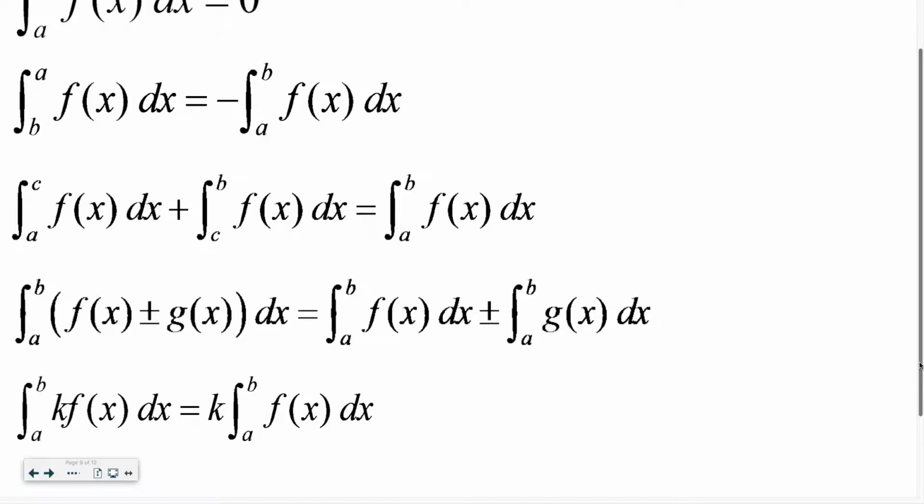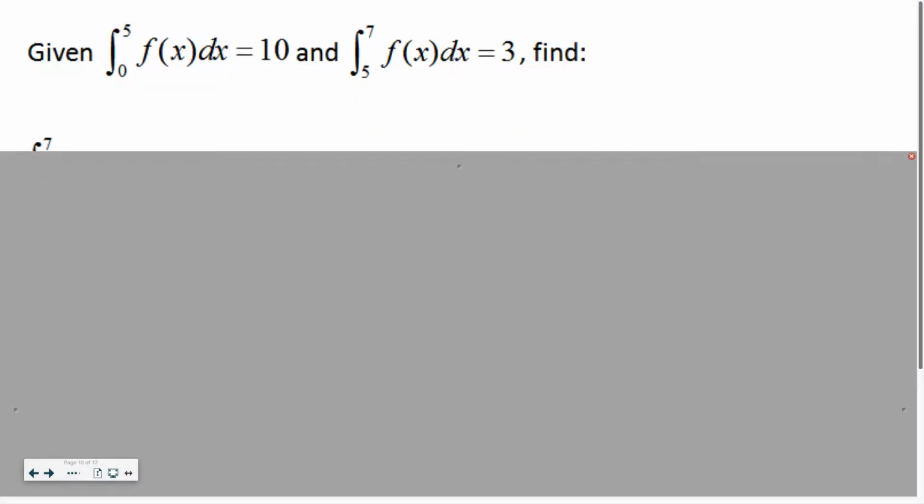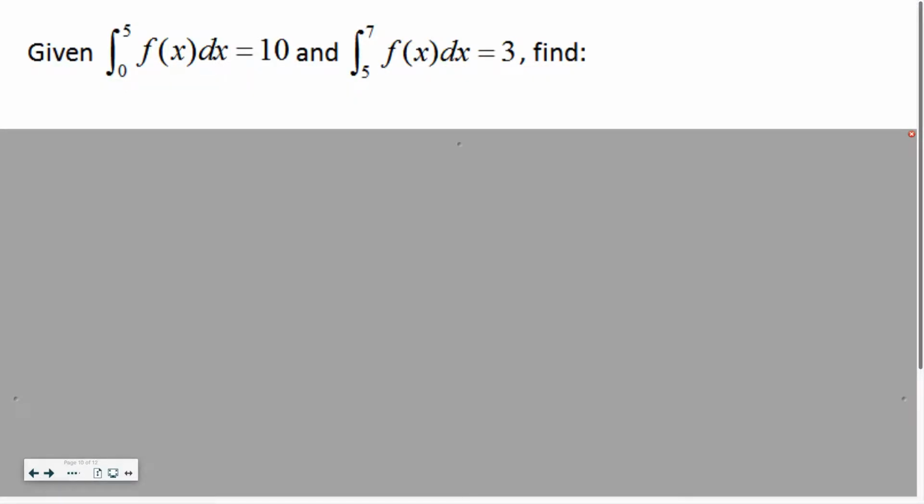It's nice to have. Oh, I could draw a T stop sign. Write these two down, and then